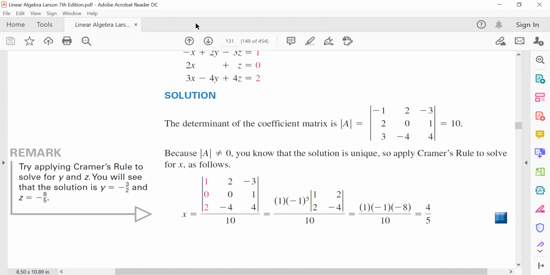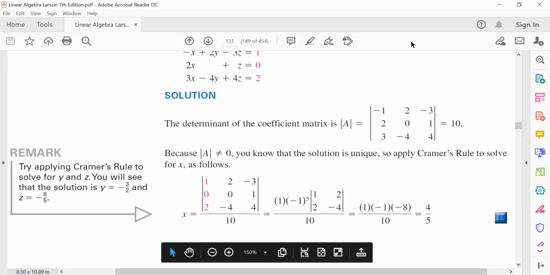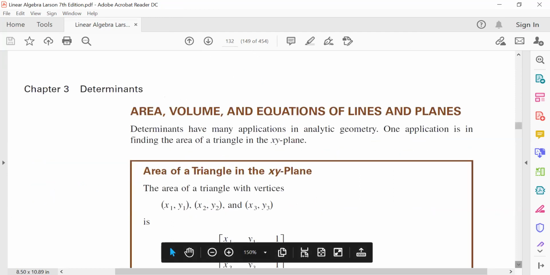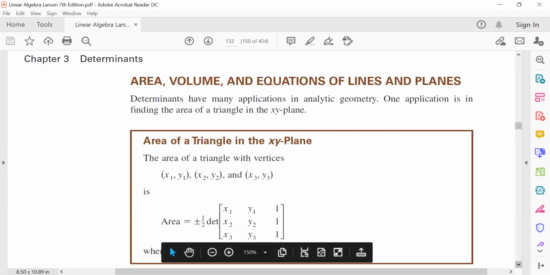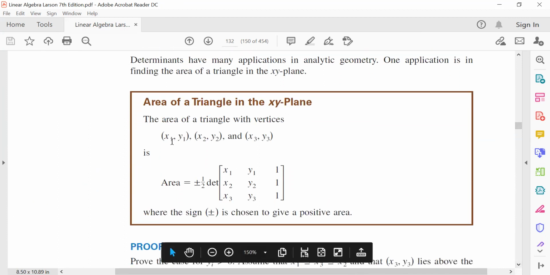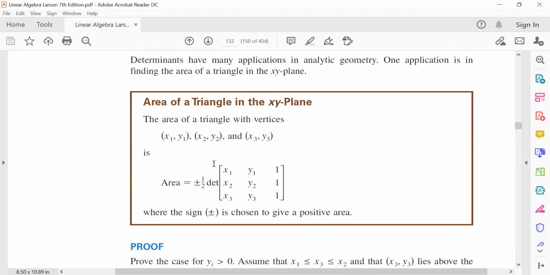And the next thing we're going to do is to use determinants. This is the last part of this section that we're about to embark on: using determinants to find the area of a triangle in the plane. How do you like that? In the XY plane. So here we are in the XY plane, and we have a triangle, and the points of the triangle are x1, y1, x2, y2, x3, y3, and the area, believe it or not,